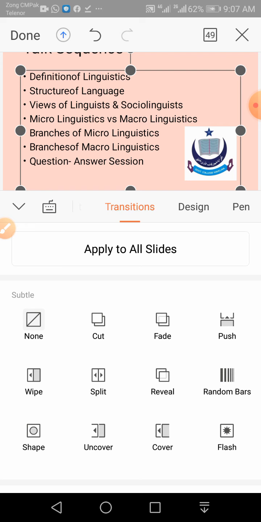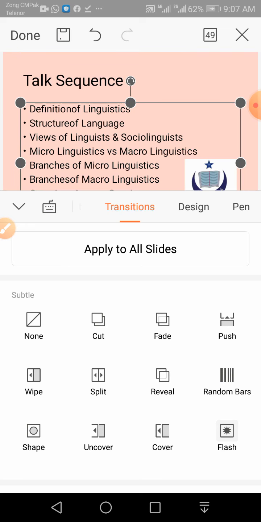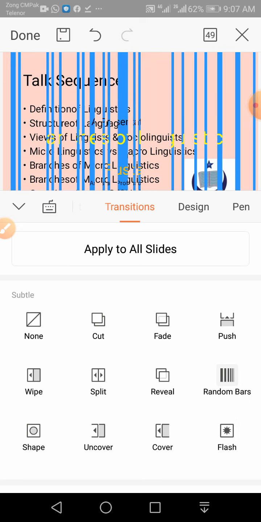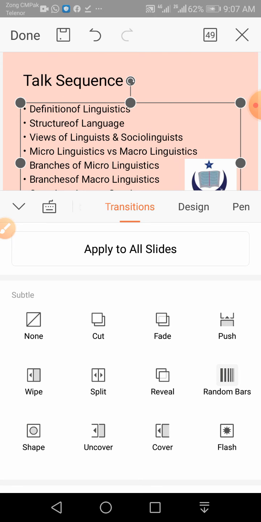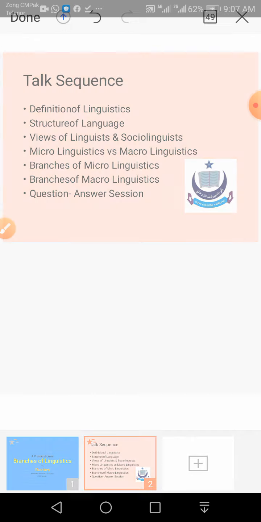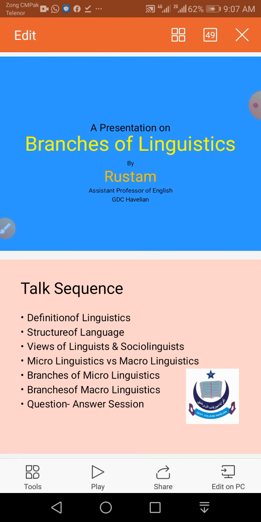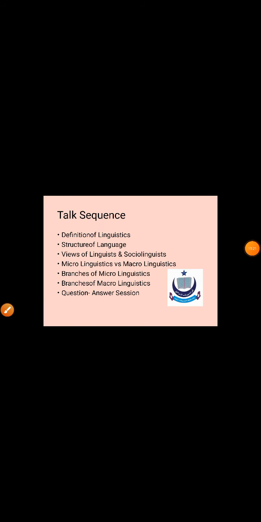Let's say we go to this or this one. Let me go to wipe like this. Okay, done. Now if you want to play it, first slide, click on the play button. It will automatically be horizontal. Okay, and next slide.